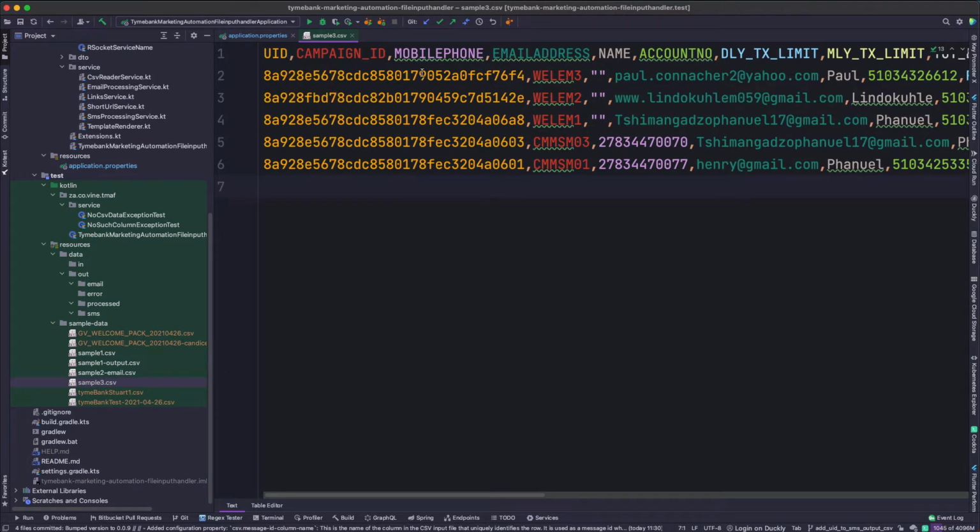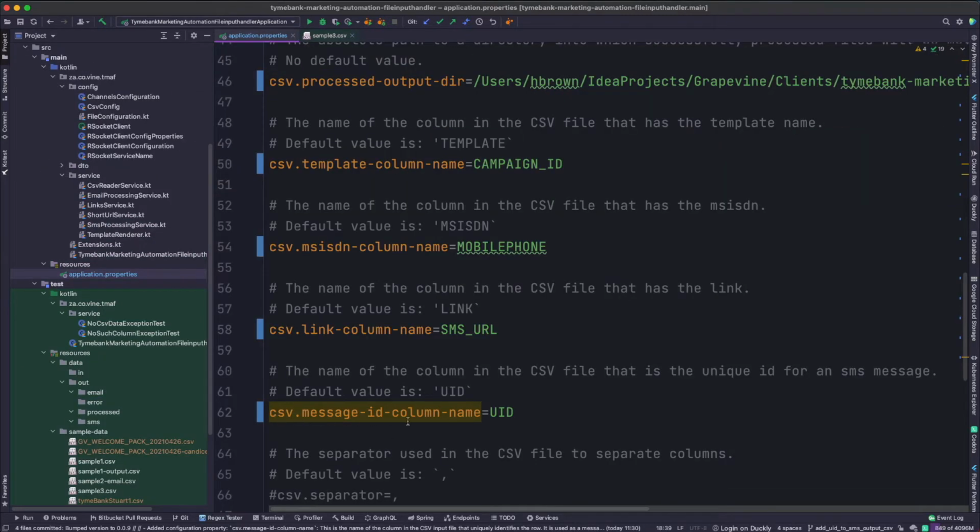UID, and this is a unique identifier which for the SMS messages will be used as a custom data value that will be stored alongside the message that is sent. So you can see here the column header is called UID, and in the configuration parameter I have specified that